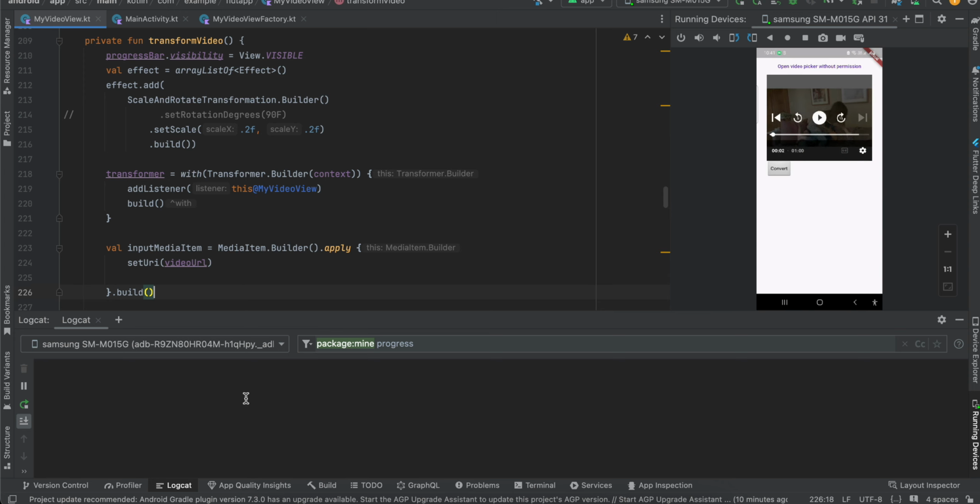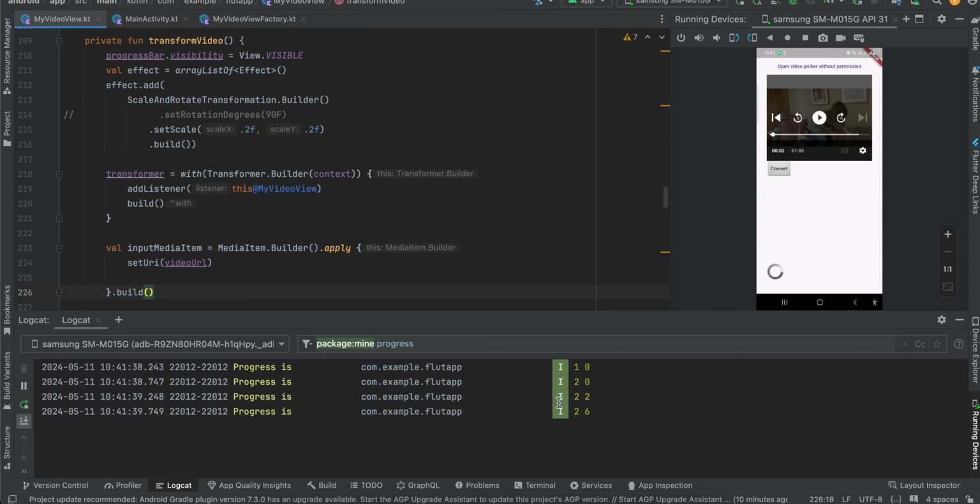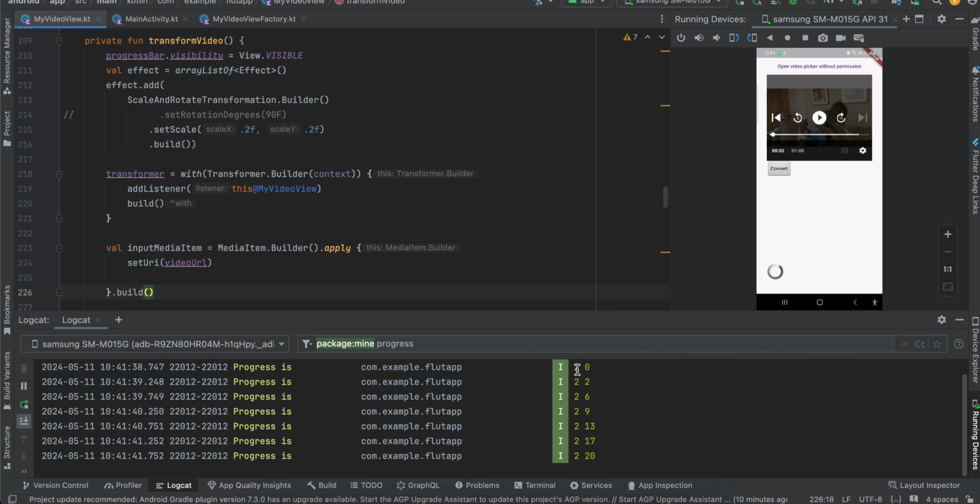I'll just pause it. I'll click on convert, and here you can see I'm displaying the progress bar as well. Now ignore this 2 which you see at the very start, that is the progress state. But here you can see the progress bar has displayed. Now it won't reach till 100 because I have added a 500 milliseconds delay. So as you can see, it reached till 94,